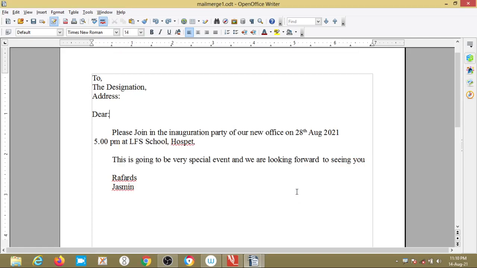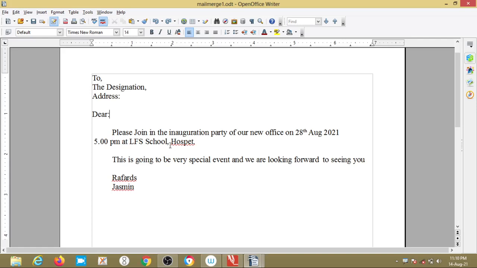Now what we have to do is, the merge fields, whatever the address is here, has to be connected to the data source Excel sheet. In that Excel sheet we have written designation, first name, last name, and all, so that has to be merged now. For that, first we have to type the main document, that I have already typed here.